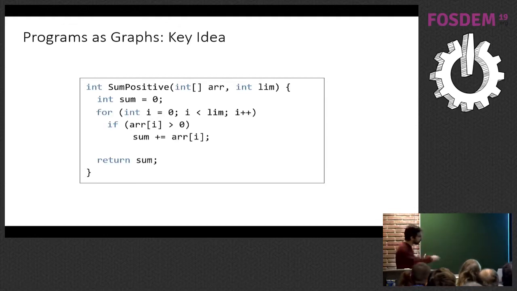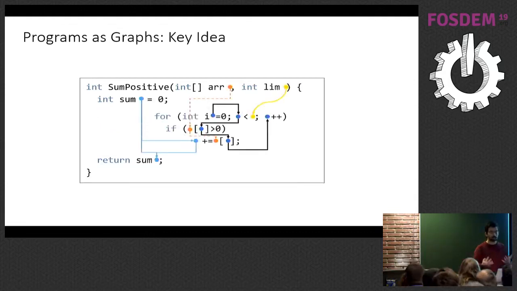You may also want to do this: you can parse the code, and compared to natural language processing, where machine learning has been used quite a lot, parsing code is unambiguous in most cases. So we can parse the code, create a tree, and get the abstract syntax tree out of it. But again, we're still missing something. At the end of the day, we want to explore this very rich form of structure that we have. Things like you see here, like data flow. Data flow is very informative: we have i, which flows from here to here to here to here, and then maybe once we do another loop, we go back and so on.